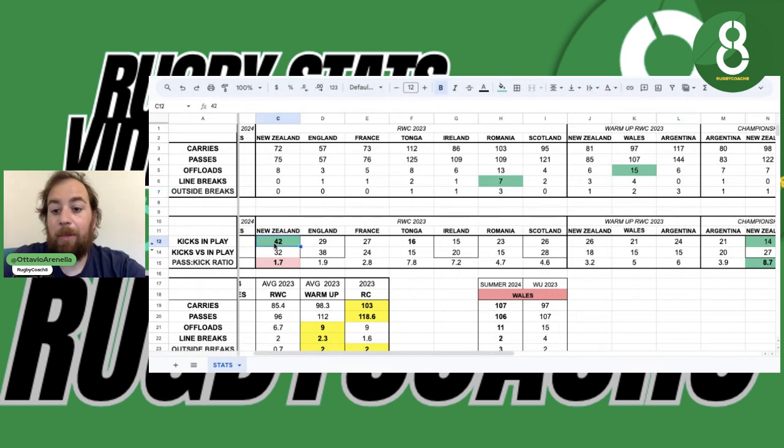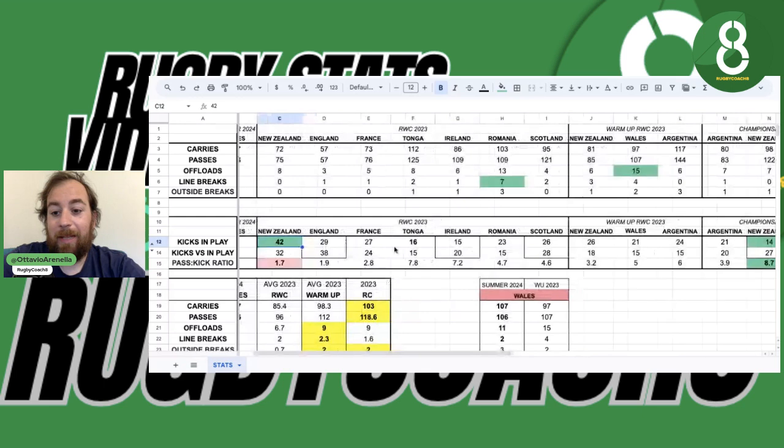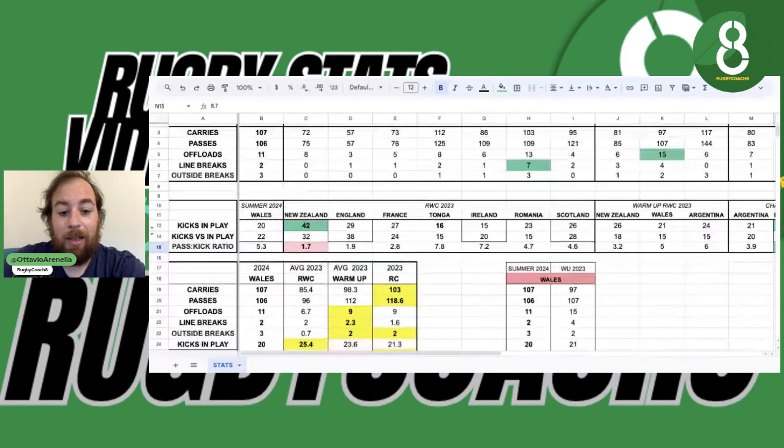42 are the kicks in play. And what's interesting to see is if we look at the Springboks kicking game in the final, 42 with the lowest pass to kick ratio, but then if we look at the Championship 2023, the fewest kicks in play by the Boks in the last year were again against New Zealand, but this time the fewest and the highest pass to kick ratio. If you go look at the same,